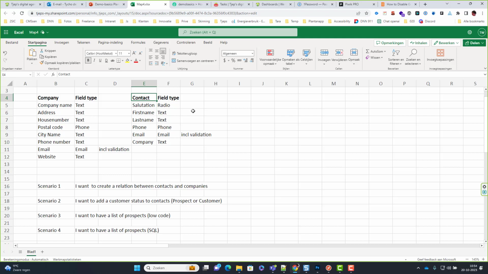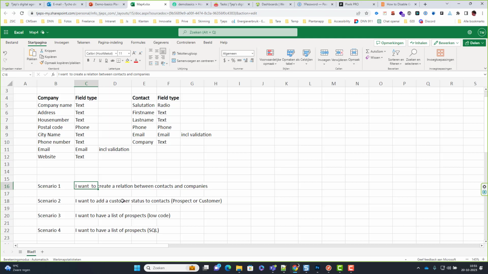Initially we want to have the basics as well. So I want to know how to address someone, if it's sir or ma'am, first name, last name, and company. I wrote down that the field type should be a text, just to see what we're going to do next, because we want to have 4 scenarios here. First of all, we want to jump in and tell you about how to create a relationship between contacts and companies. So how to interact the 2 tables,